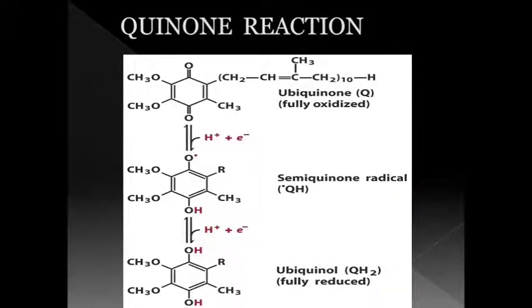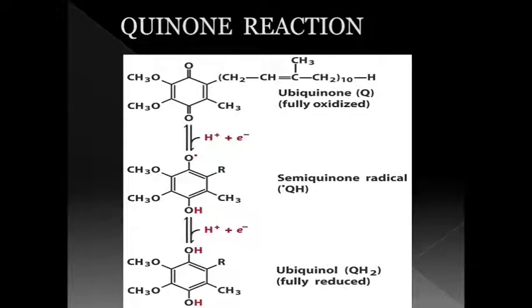Ubiquinone accepts the electrons from the iron sulfur group, that is 2 electrons and 2 hydrogens from the cytosol, to form hydroquinone. Under the condition of high oxygenation, hydroquinone transfers its electrons to the cytochrome complex, releasing 2 hydrogens outside the cell to contribute in generation of proton motive force.